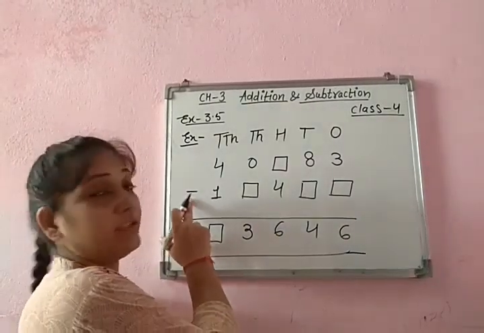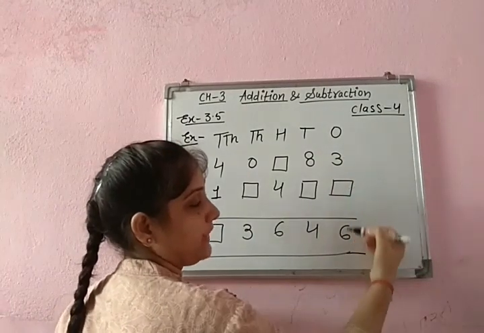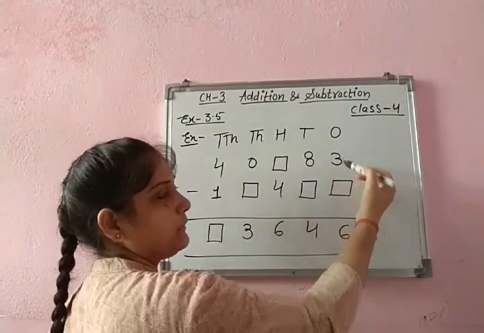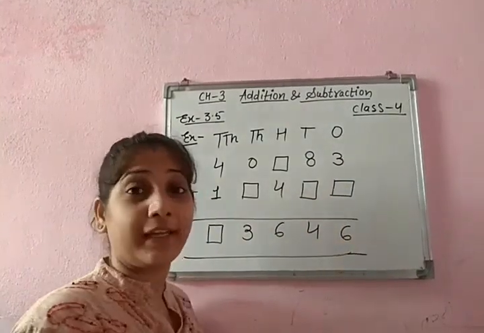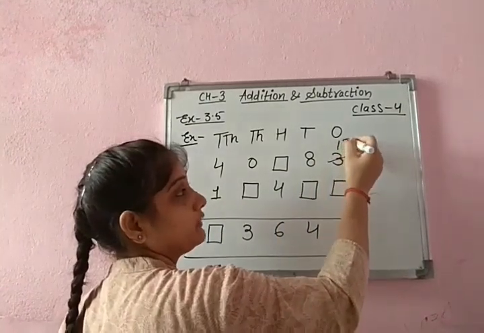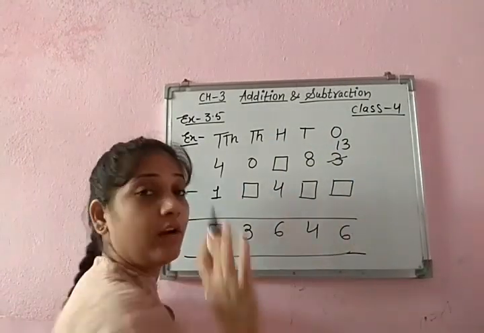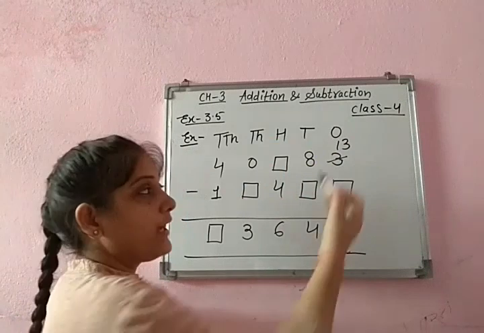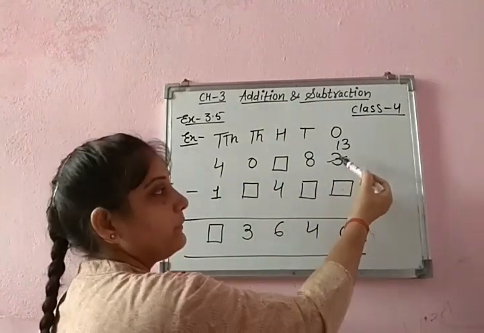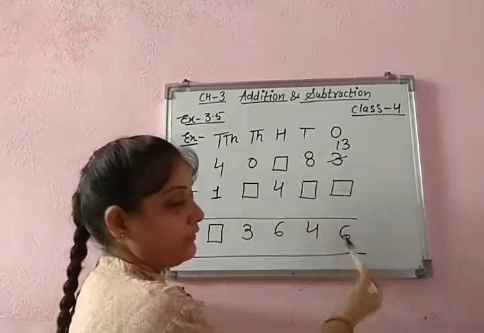Now remember one thing, we are doing subtraction, not addition. So from 3 we need to subtract something so that we get 6. So do you remember children कि 3 में से आप कुछ भी subtract करोगे तो 6 तो आएगा नहीं because 3 is less than 6. So definitely it is 13 here. Of course it is 13 because बेटा 3 is already smaller than 6. So अगर आप 3 में से suppose definitely it will be the smaller one ना क्योंकि bigger यहाँ होगा and smaller will be here. So 3 minus 1, 3 minus 2 you can do and you will not get 6.